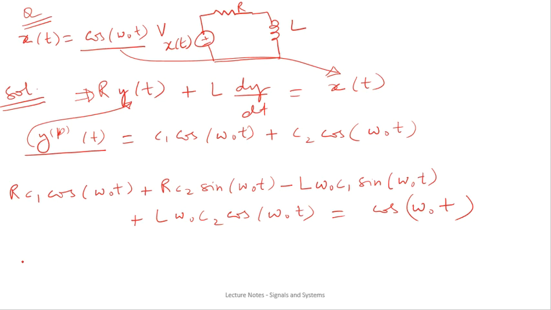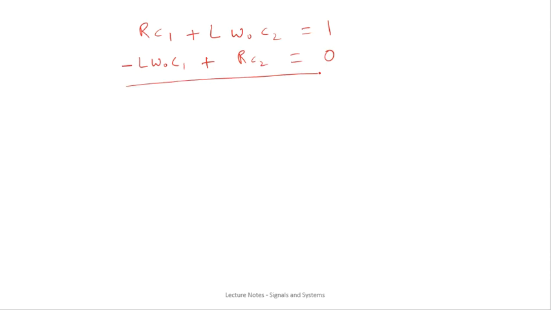If you equate these coefficients, you will get R C1 plus L omega naught C2 equals 1, and minus L omega naught C1 plus R C2 equals 0. If you solve these equations for C1 and C2, what you will get,